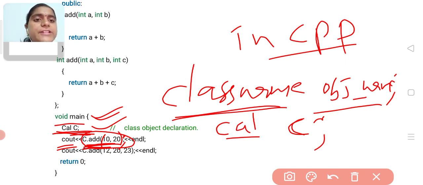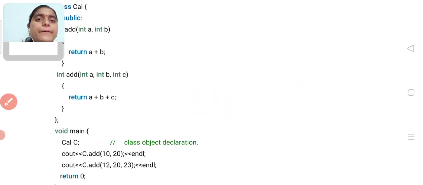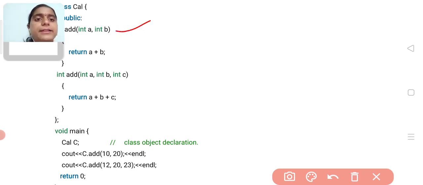When we call this function, which function will be executed, whether this one or this one? Here we have two add functions, right? Out of those two functions, which function will be executed?